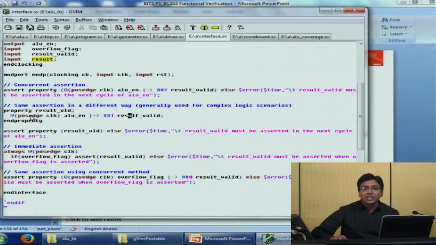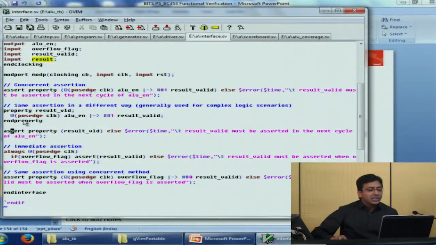So this in itself becomes a self-contained property, but we are not doing anything with it. We have just declared it and called an end property on it. So this in itself becomes a self-contained block. We can use this self-contained block to either check an assertion using an assert keyword, or we can simply use it in a block of code to give a warning or to use it in some other block of code. So this is a different way of writing the same code.